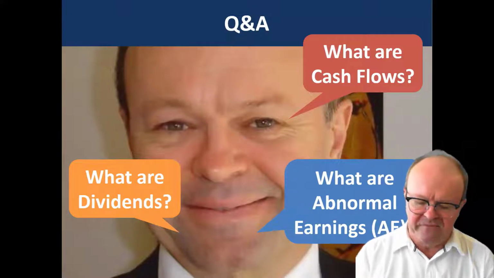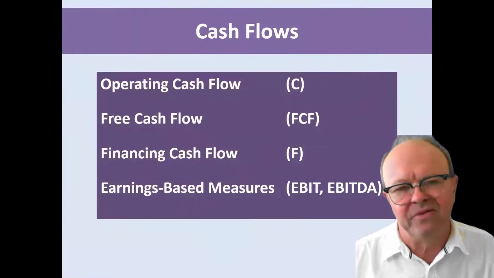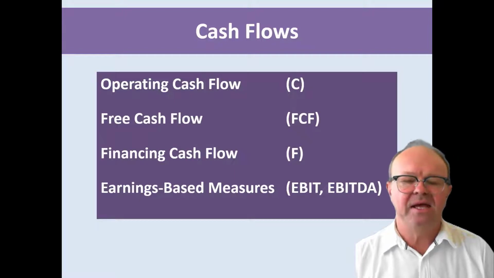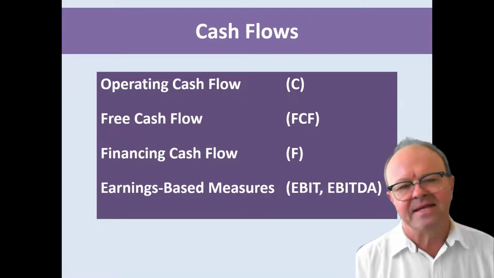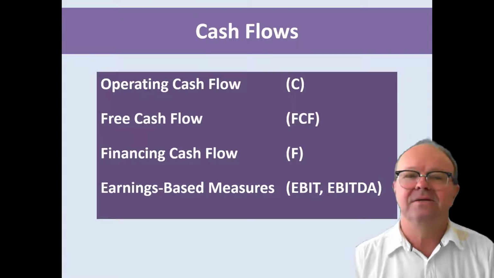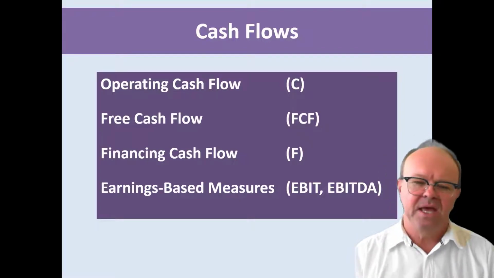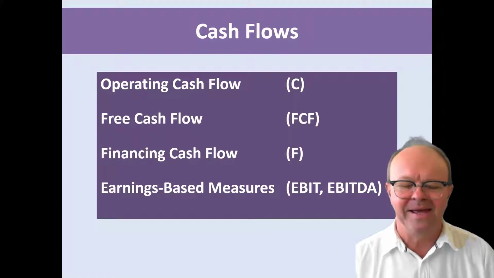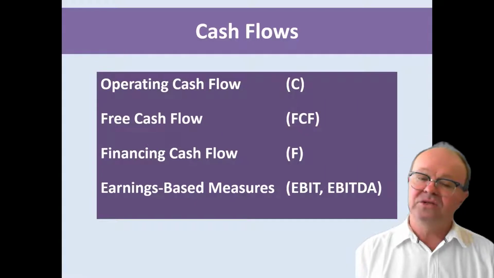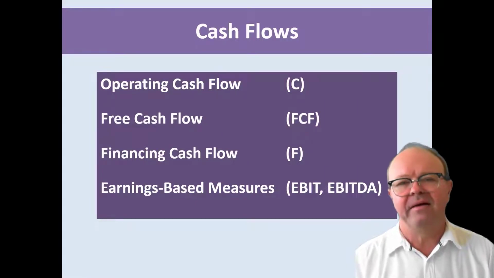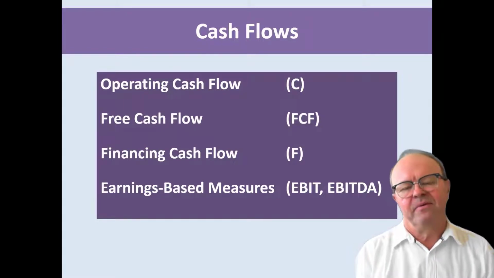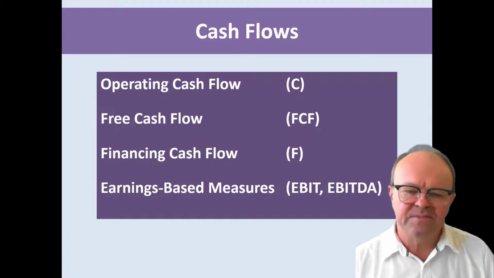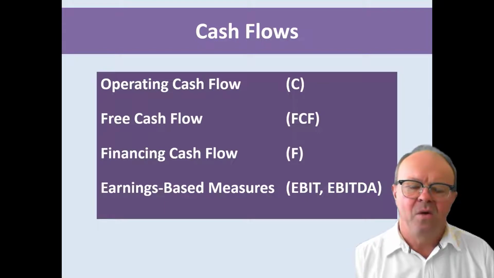Now, what are cash flows? We're going to be looking at free cash flows. Well, cash flow can be used for many different things, different types of cash flows. It can be operating cash flow, which we use C. That's the cash flow from our operating activities. It can be free cash flow, FCF, which is the C minus I. That's our operating cash flow less the cash we put back in to invest in capital outlays or net operating assets. So free cash flow is the cash that we can get out of a business that doesn't need to be put back in to keep investing in net operating assets. We're also financing cash flow, the F, the cash flows between our debt investors and ourselves. People can be referring to that, and earnings-based measures like earnings before interest and tax, earnings before interest and tax and depreciation and amortization. Various earnings-based measures can be used to refer to cash flow as well. What we'll be looking at is free cash flow,